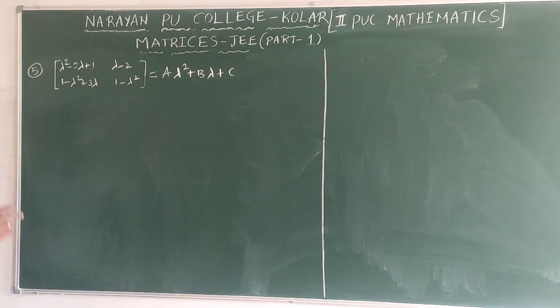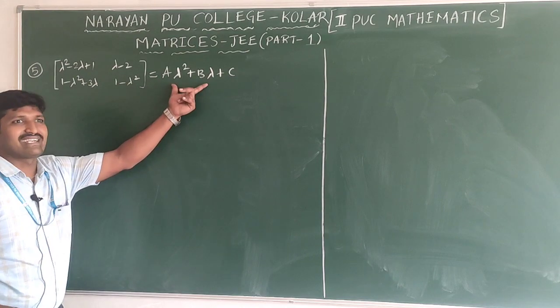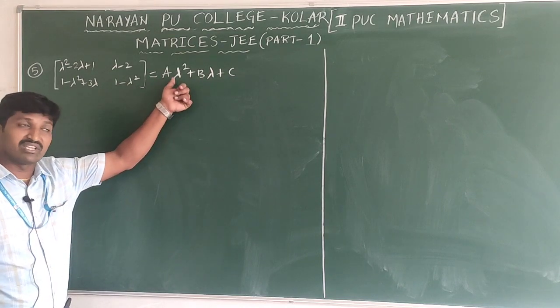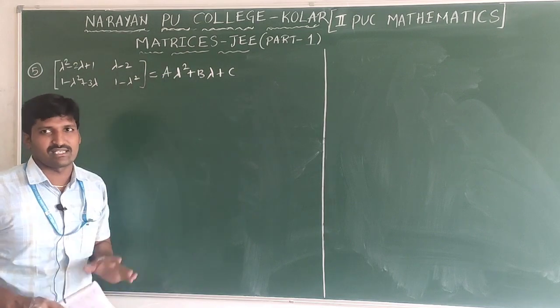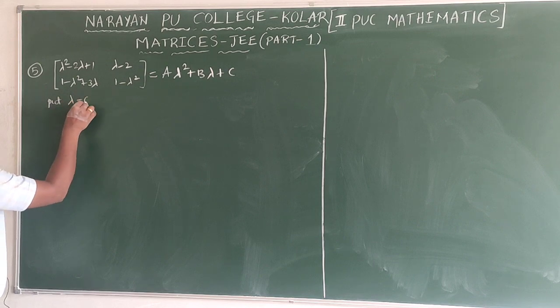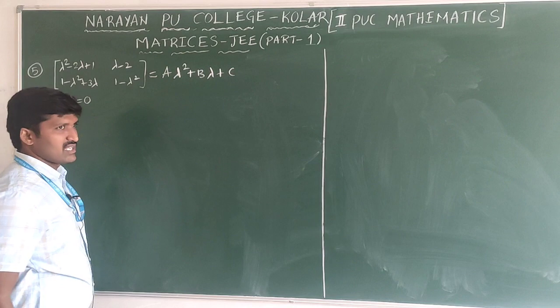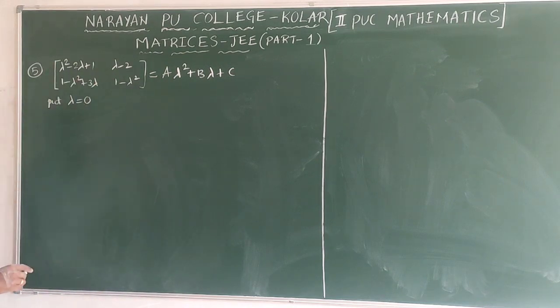Now we don't know B plus C matrix. Here the given equation contains lambda in combination with matrices A, B, C. How to find this B matrix and C matrix? It's very simple. If you substitute some values of lambda, we can get matrix B and matrix C also. For example, if you substitute lambda is 0, then A and B will be eliminated in the equation.